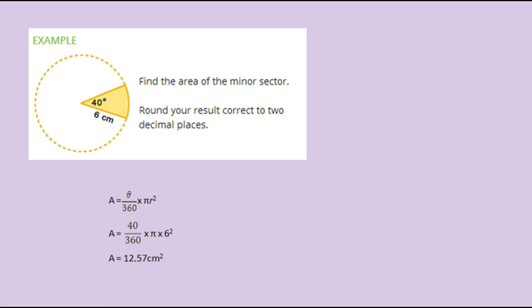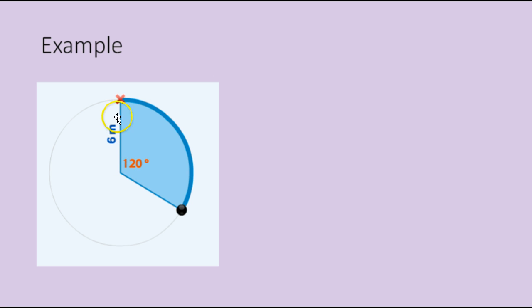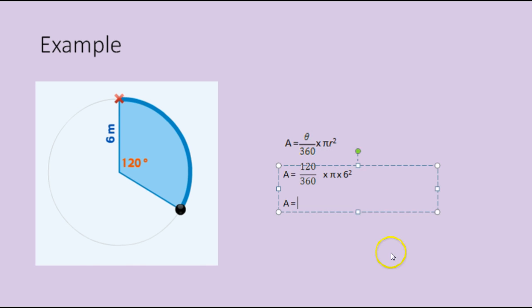Okay, let's have a look at example 2. Here in example 2, again we have a radius of 6 centimeters. This time our angle is 120, so theta is going to be 120 this time. Let's have a look. Okay, so first step, write out the formula. Theta over 360 times pi r squared. Replace the theta with 120, so it's 120 over 360 times pi times 6 squared, because again the radius is 6 squared. I plug that into my calculator and I get